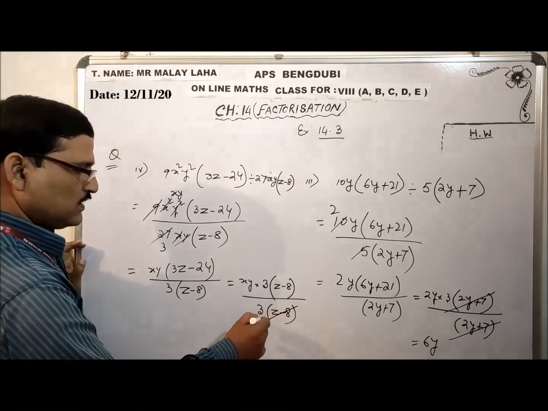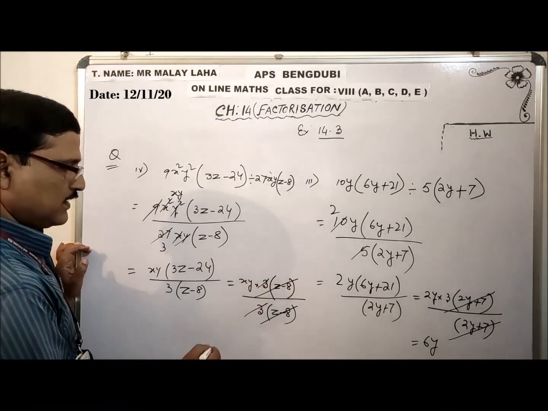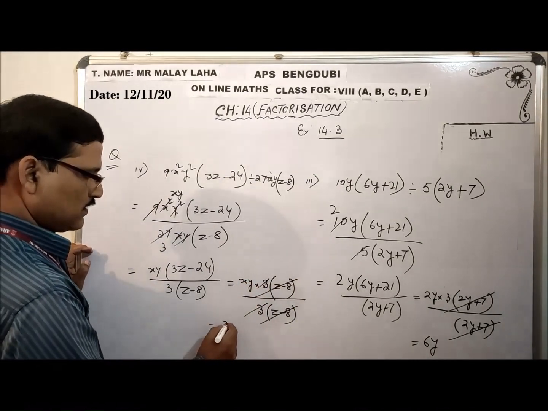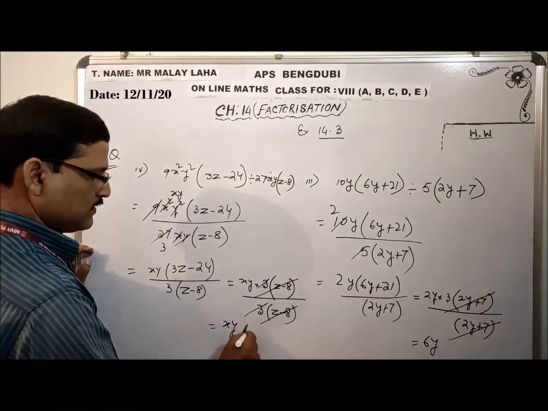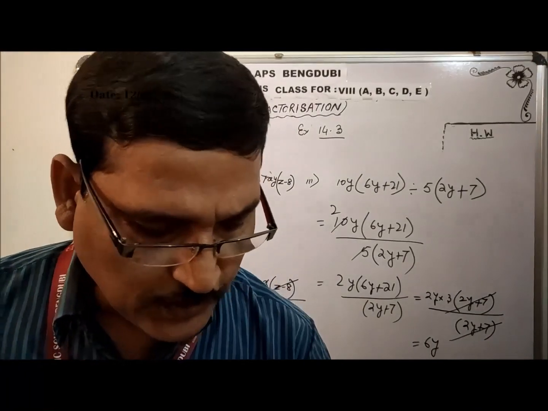Okay, now this z minus 8 and this z minus 8, this 3 and this 3 get cancelled. What is left out? xy. xy is the answer. Clear? We also finished